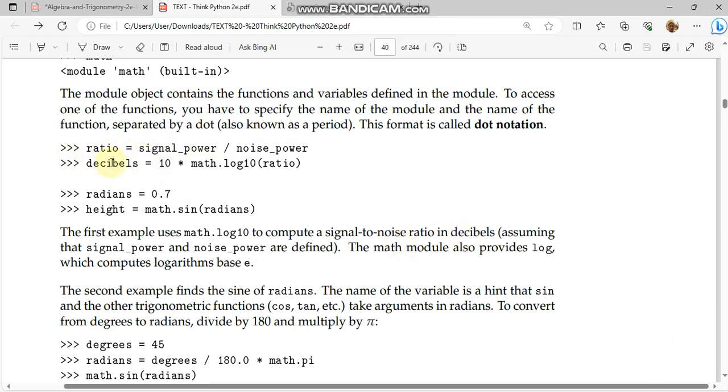So yes, I have this math module that has this function called log10, which takes the value passed as an argument into it, computes the log10 of the value stored in the ratio variable, then multiplies by 10, which is called the decibel. So that is about built-in functions in Python. If you want to use any function that is built into a module, then you use this dot notation. Then we have other methods or functions available for consumption in the math module also,